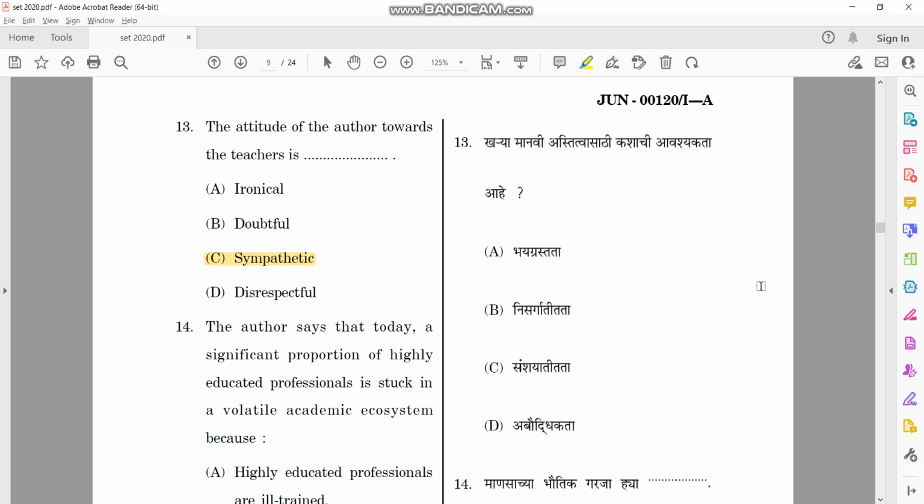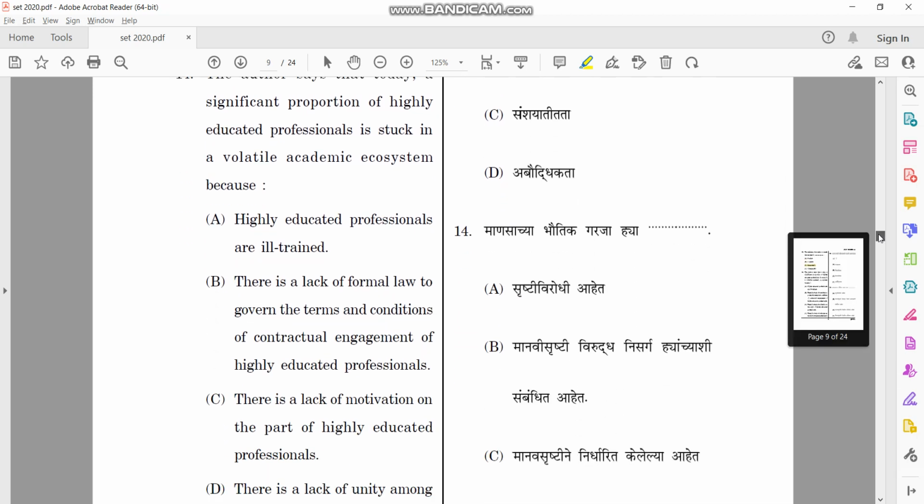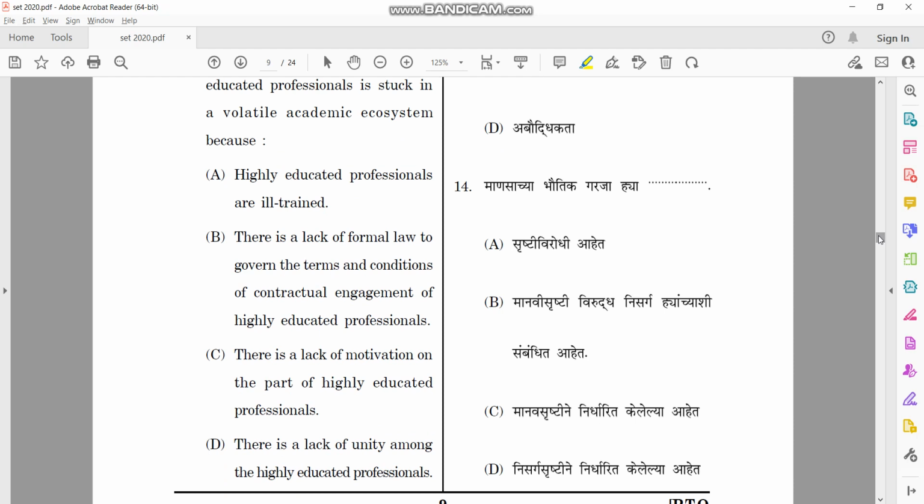The author says that today a significant proportion of highly educated professionals are stuck in the volatile academic system because, so the correct reason is there is a lack of formal law to govern the terms and conditions of contractual engagement of highly educated professionals. So there is no perfect law defined for the teachers. So moving to the next question,